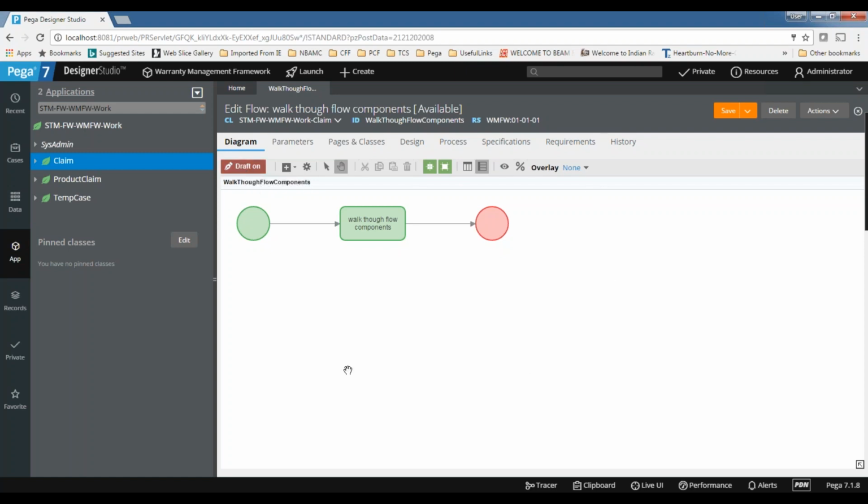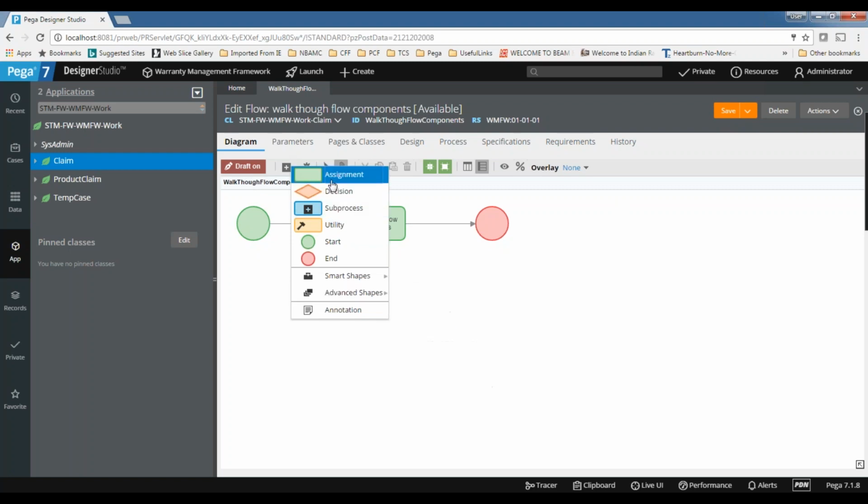Otherwise, those flow rules will not be executed in the production environment. Because this is the first time we created it, draft on should definitely be enabled, as we didn't do any configurations. And then this plus symbol will be useful to add the shapes.